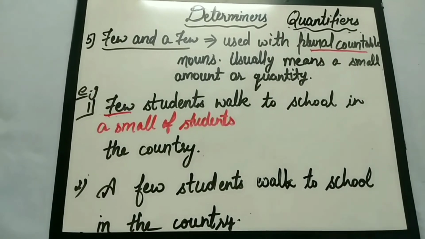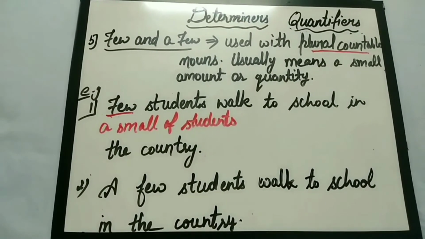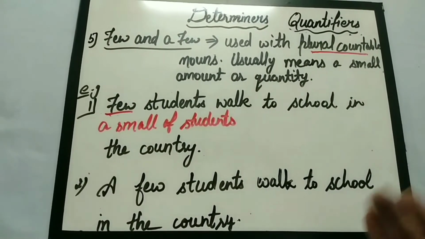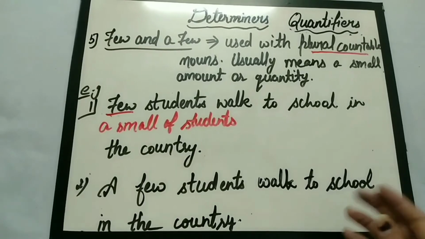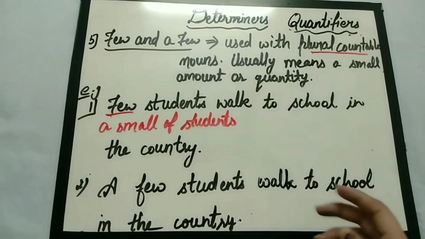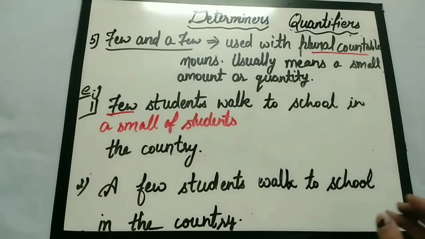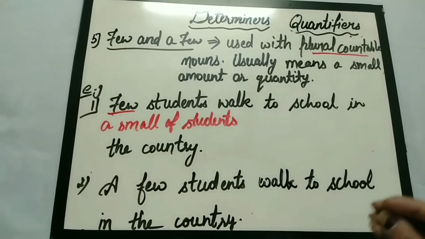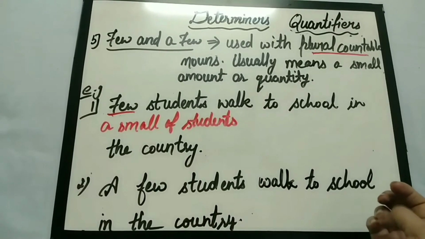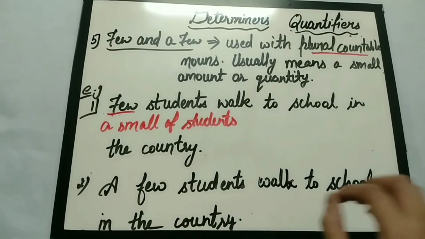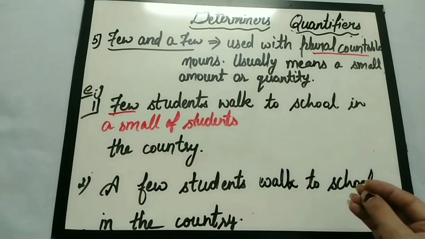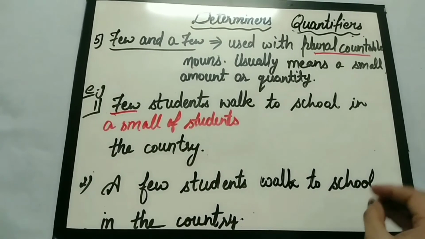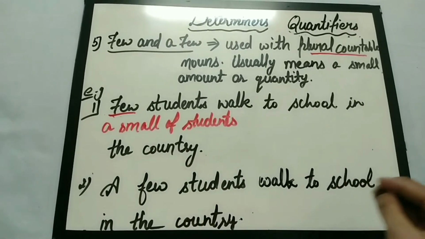Few students pass the test. It is giving a negative statement, meaning among many only few students could pass the test. But if we say a few students pass the test and they scored above 90, it is a bit of a positive sentence in which we are saying at least a few, meaning we are not expecting too many to pass the test, but among them a few at least pass the test.